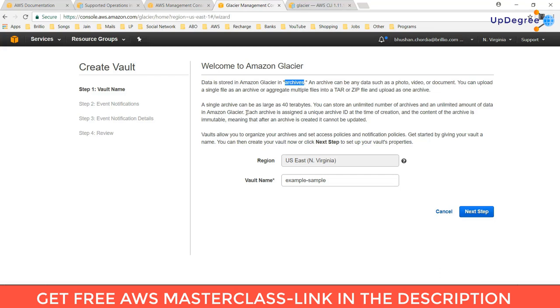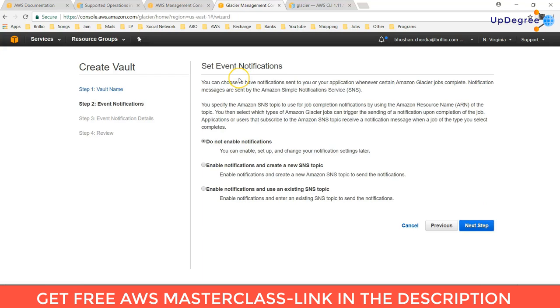So getting started by giving your vault a name, you have to give the name which should be unique. Now second step is event notification. So this shows that you can choose to have a notification sent to you or your application whenever certain Amazon Glacier jobs get complete. So notification messages are sent by Amazon SNS, that is nothing but Simple Notification Service.